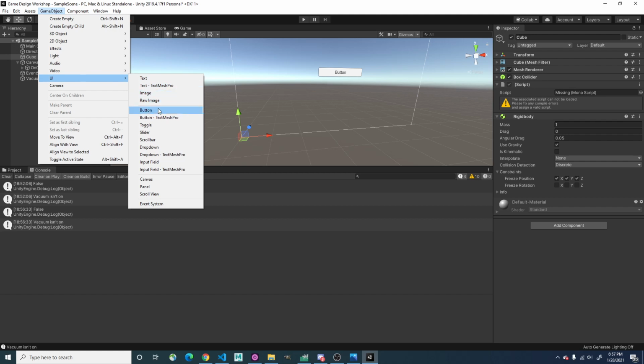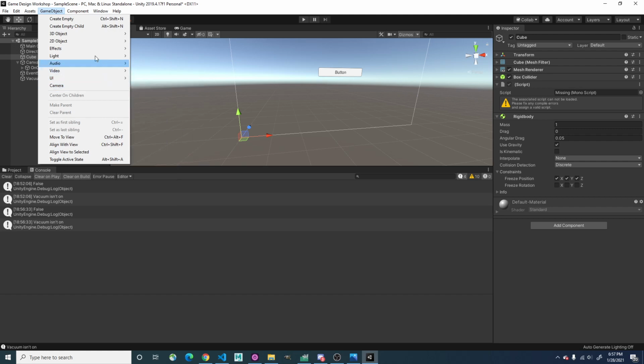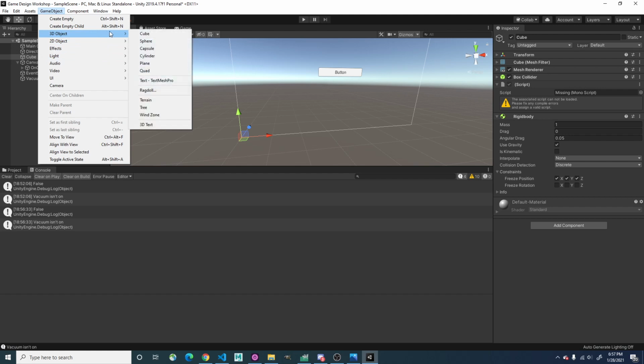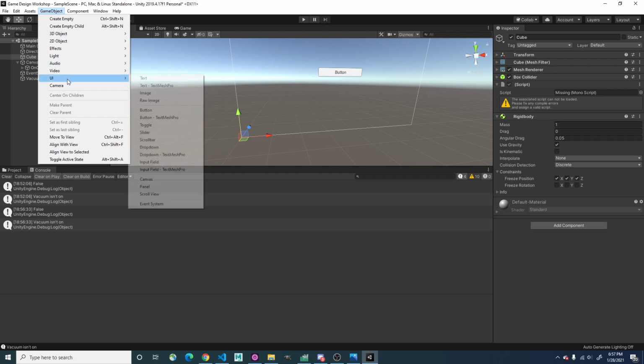Buttons are going to be buttons, or we can have images, like if we wanted to have your character's avatar up in the corner, then we could have a UI image. If we do an image in one of these other things, we'd have to create a 3D plane or something and then put the picture on that plane. But if we want it to just show up on the screen, as part of the user interface, then we have to